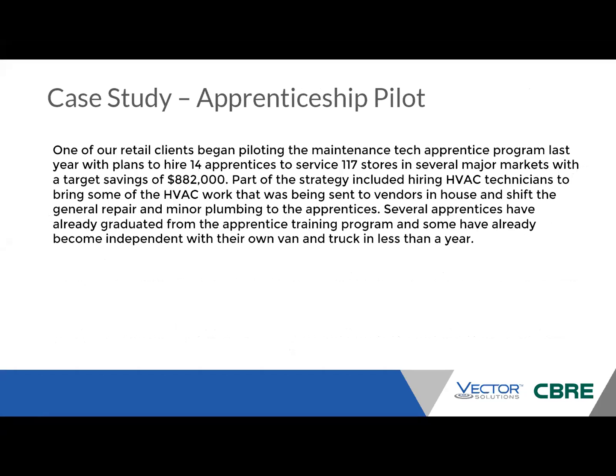And then lastly, back to our apprenticeship program, one of the first clients to pilot our apprentice program did a pretty thorough case study in order to understand what the projected cost savings would be. They were on track to save $100,000 within 12 months with this program. The way they were doing it was hiring 14 apprentices in different markets where they were needed to take on some of the general repair and the minor plumbing so that their existing technicians, and after hiring a few HVAC